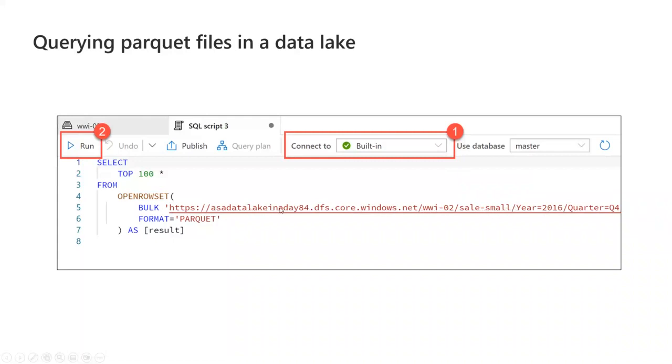So here is, for instance, the data lake storage address, dfs.core.windows.net/, and then you have here your path where this file is. The hierarchy is appearing here actually: year 2016, quarter Q4. You have to specify the format of your file, Parquet, and finally we close the parentheses as result.